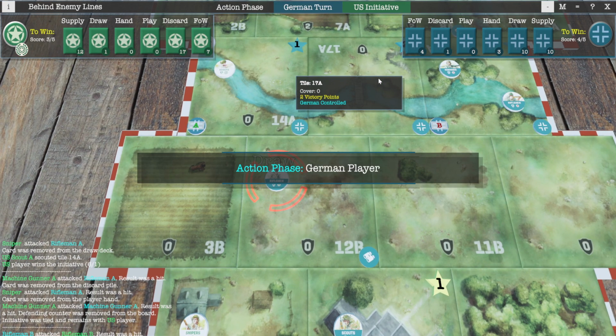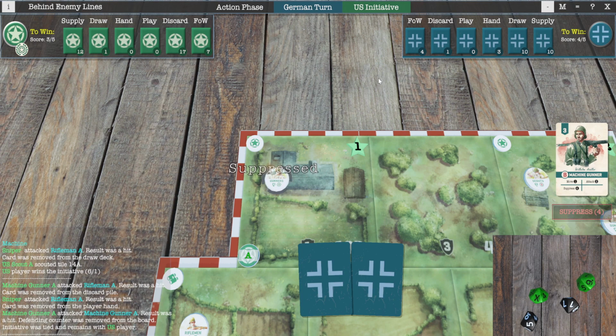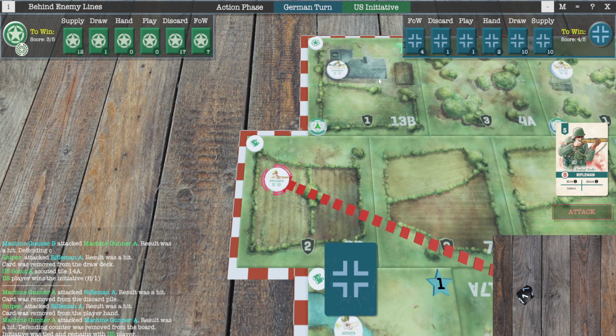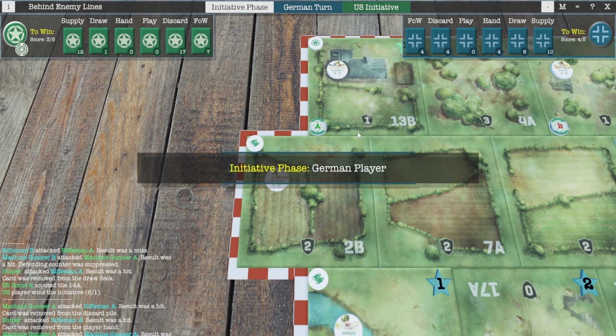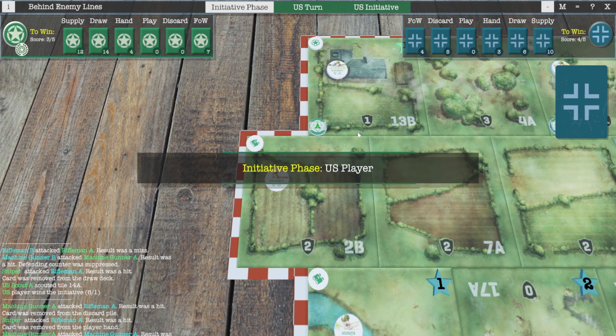Nice. So he discarded a card from his draw pile. Looks like he's suppressing, which I don't know what that does, but he did successfully suppress me. He rolled a 1 there and missed my Rifleman. Okay. So far, it's not going too badly. I missed some key rolls, but typically that's...